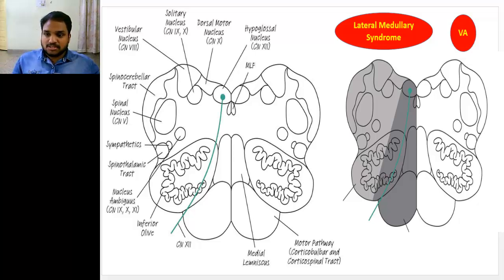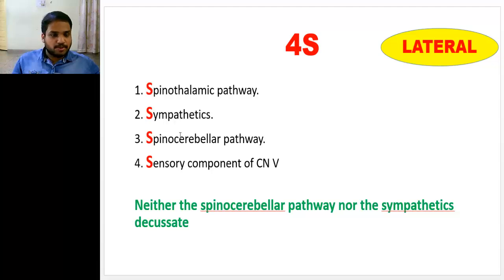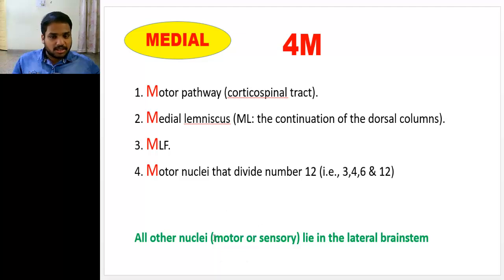So what are the features that should come here? What are the structures that should be there in the lateral part? The spinothalamic pathway, the sympathetics, the spinocerebellar pathway, and the sensory component of cranial nerve 5, right? Along with that, all the other motor nuclei other than 3, 4, 6 and 12 are lying in the lateral